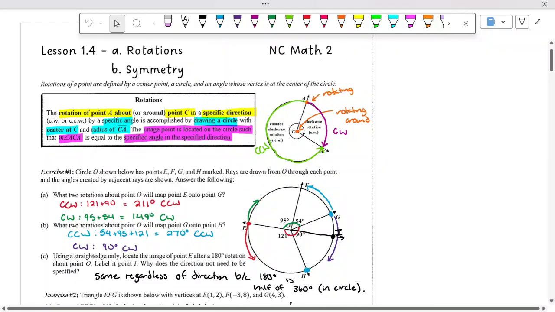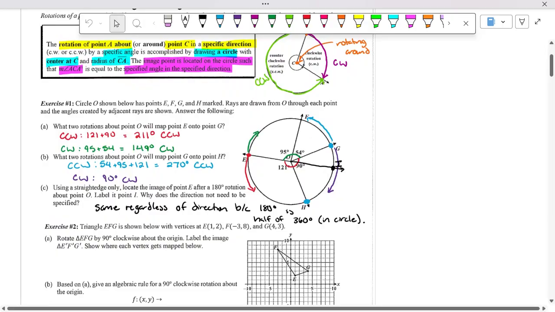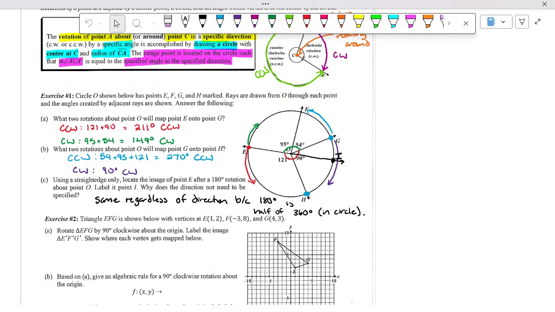Yesterday we started talking about rotations. Typically a rotation is literally you're just turning a shape. So yesterday we talked about if we wanted to move one point to another point, and we talked about how direction matters. Does anyone remember the only degree measure where you don't have to specify whether it's clockwise